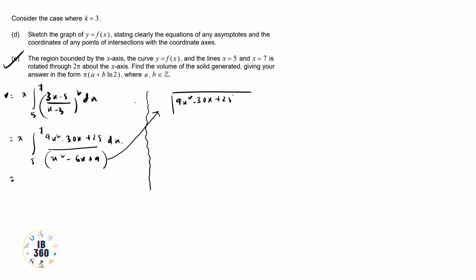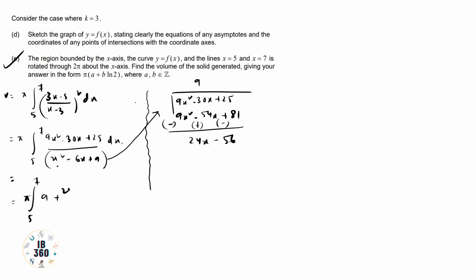Then 9x squared minus 54x plus 81, so subtracting, I have 24x minus 56. So obviously I can write now pi times the integral from 5 to 7 of